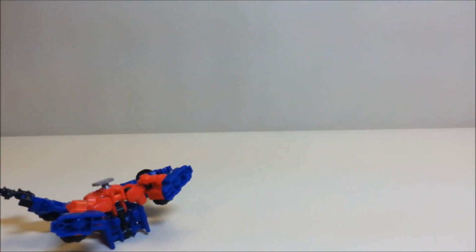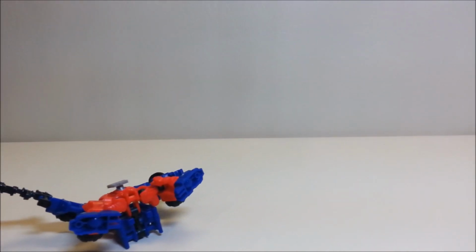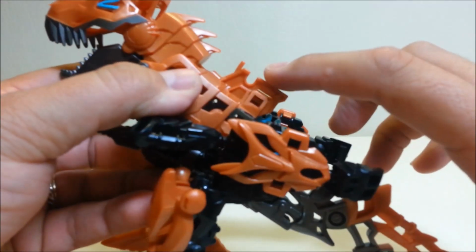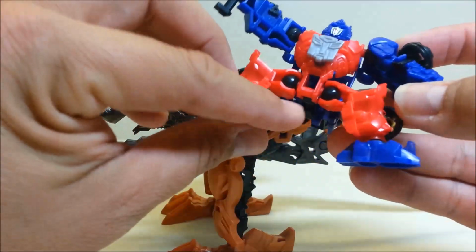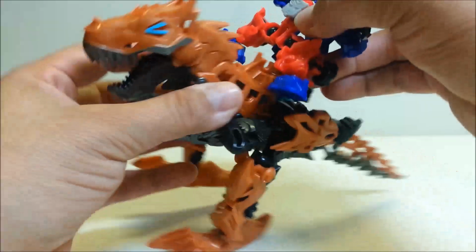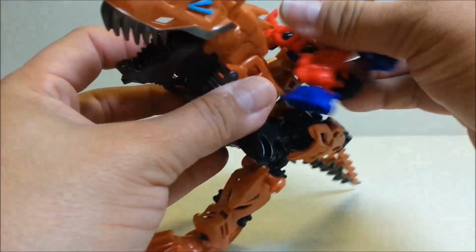We'll set him down. I'm going to have to move the camera up, I'm sure, but let's see if we can get him in. We'll bring Grimlock in real quick, and if you see on Grimlock, right on the top here, he's got a clip. And then on the bottom of Prime, there's another peg for that clip system right there, so you can actually... let's see, make sure everything on Grimlock is out of the way. You actually can